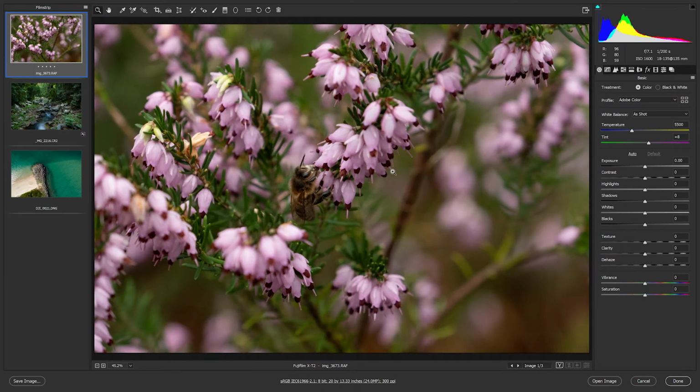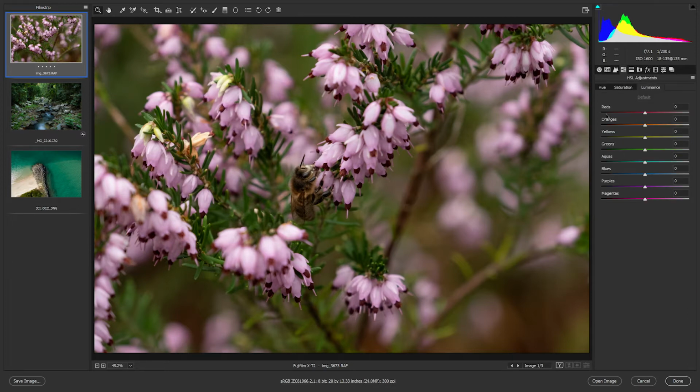Excellent. So within the Adobe Camera Raw workspace, if we head up to our tools across the top right hand side, you can see the 4th one from the left is the HSL, or Hue, Saturation and Luminance adjustment. So I'm just going to click on that one, and you can see that we've got 3 options there: Hue, Saturation and Luminance, and a whole bunch of sliders just below. We're going to start off with the Hue